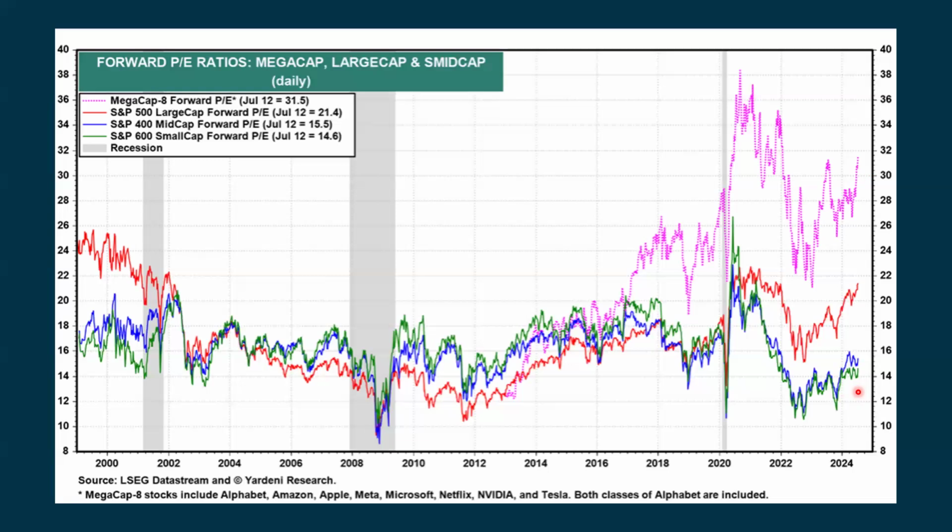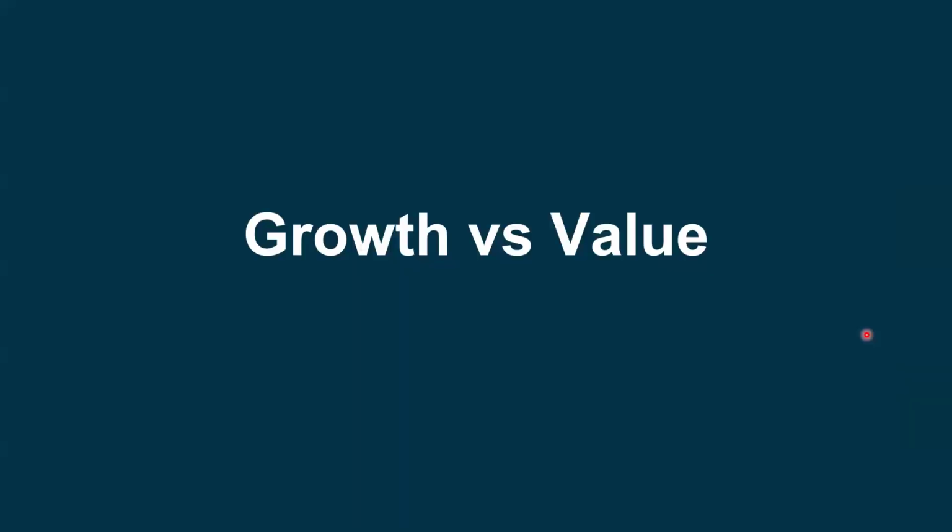That could suggest a rotation going from the mega cap stocks, which could still hold up. And even though we saw some weakness in the NASDAQ 100 this past week, we didn't see money coming out of the market. We just saw money going from one place in the market to another place in the market, and that is usually positive. So we want to keep an eye on these different areas, and even on this basis, though, we're still looking expensive when you look at the S&P 500 itself.